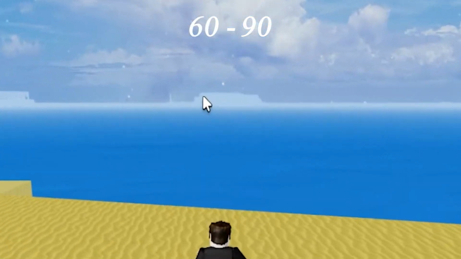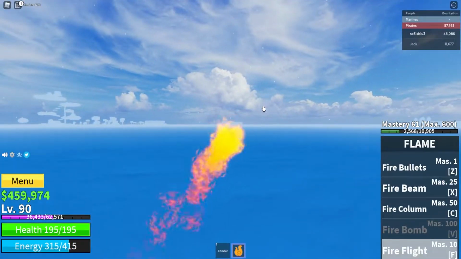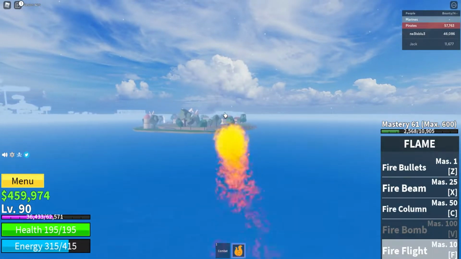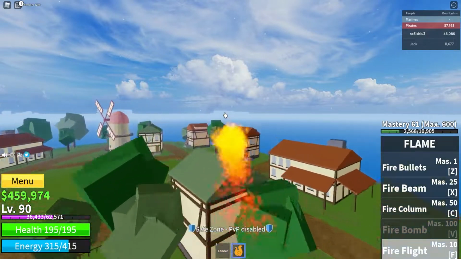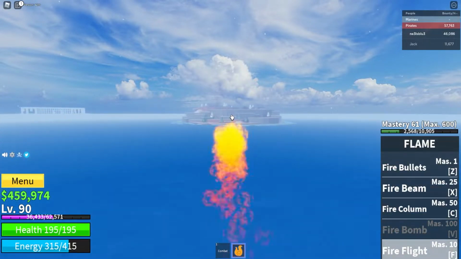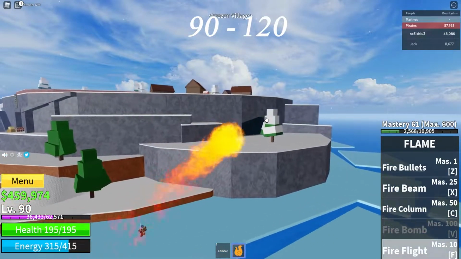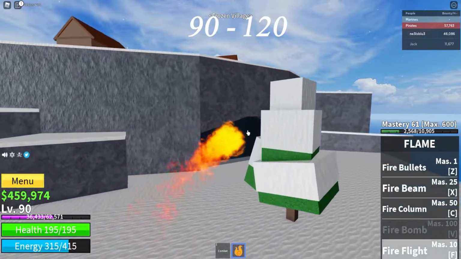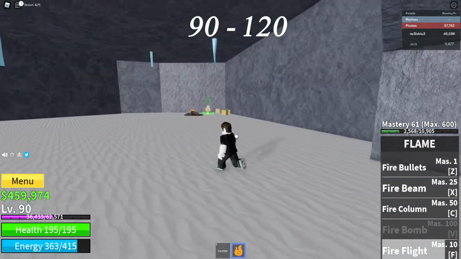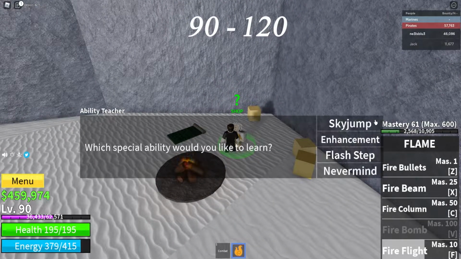Once you're done, we're gonna be heading over to the Snow Island. Before you start doing any quests, head over to this back side of the island where there is a little hatch in here. Once you enter, you will find an NPC which is gonna give you a whole bunch of